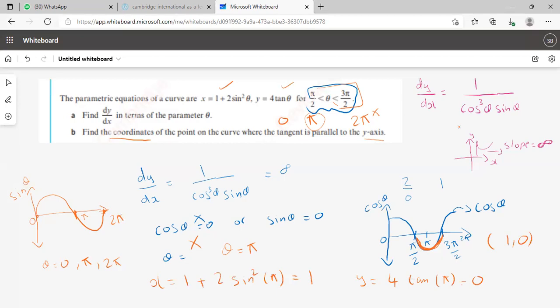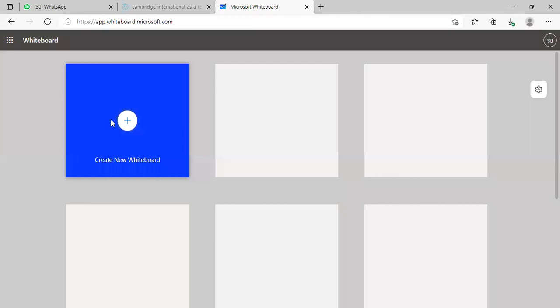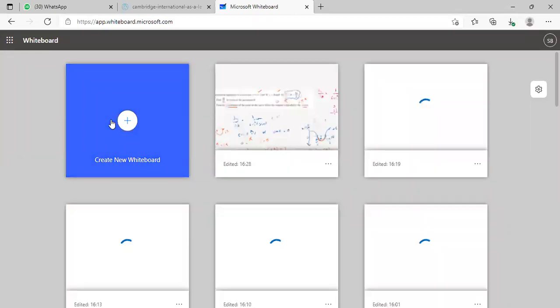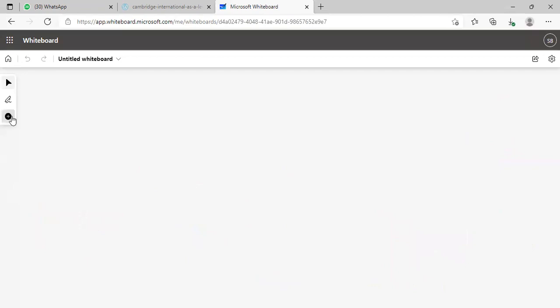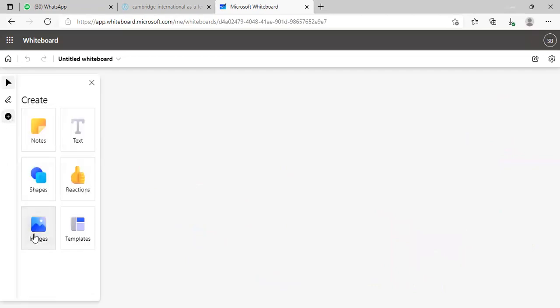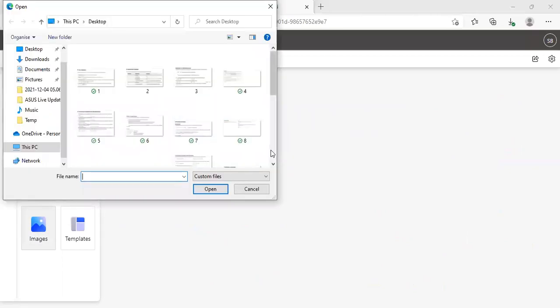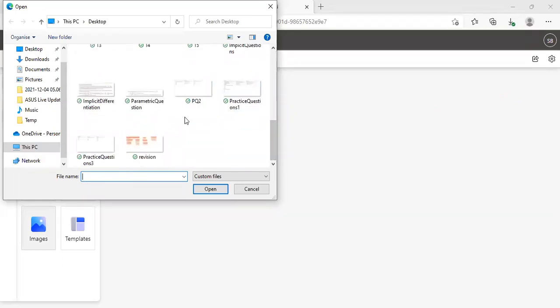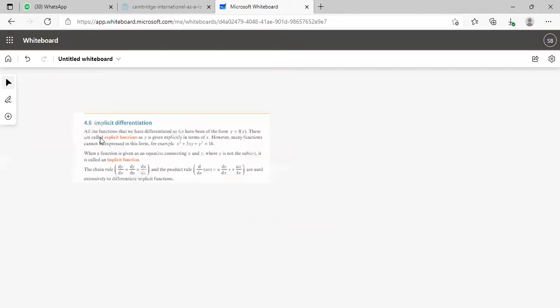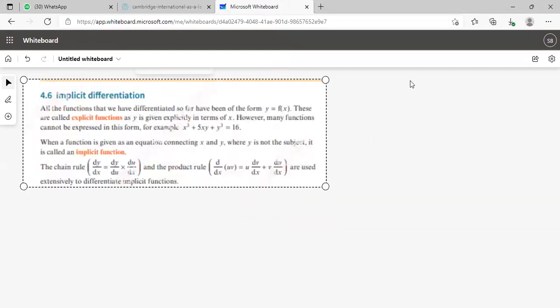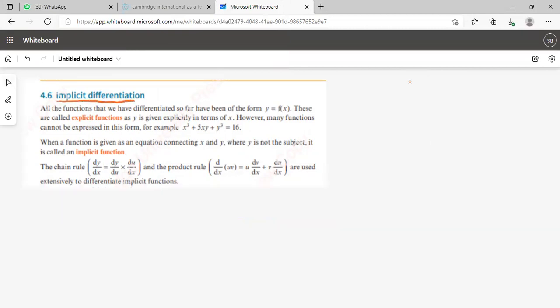Okay, perfect. So let's just discuss the new topic now. So the new topic is implicit differentiation. Here it is. Open it. Is it readable? Yes, it is. Okay. So implicit differentiation: all the functions that we have differentiated so far have been of the